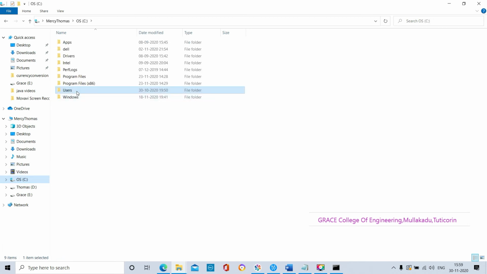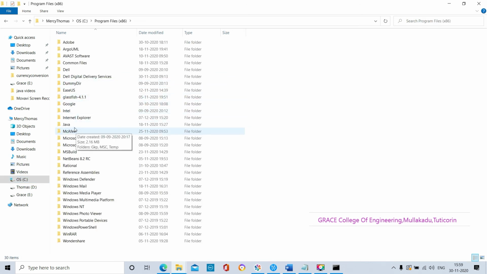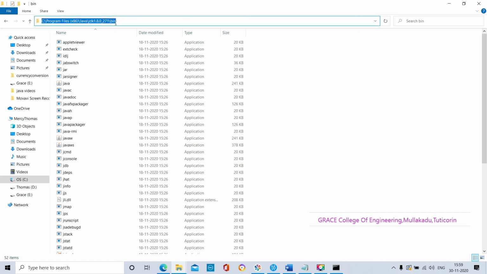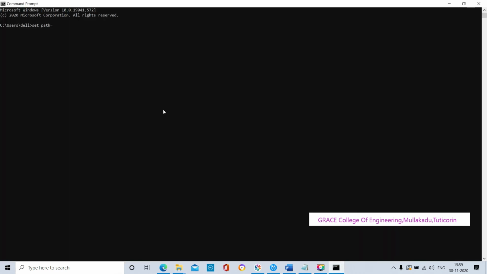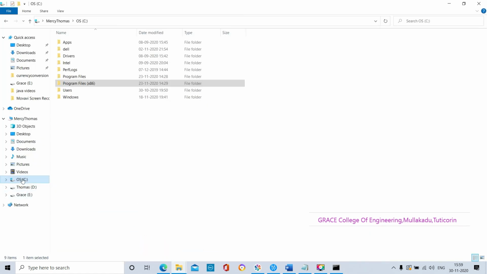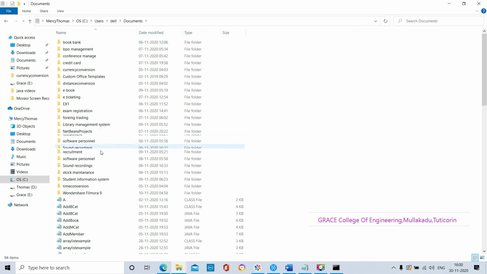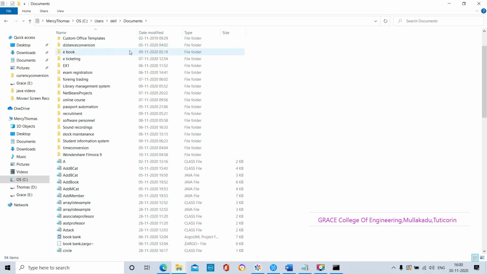Here you have to set the path of the Java software where it is located in this laptop. Our Java software is installed in the C directory, in the Program Files x86 folder. Here Java folder, here JDK folder, here bin. Till bin you have to select. By pressing Ctrl+C on the keyboard, I am copying this path, and by pressing Ctrl+V, I am pasting it here. Again we have to move to our application program path. In this PC, our application programs are present inside the C directory. Here the folder name is Users, again Dell folder, again Documents folder. In this folder we have the multi-thread program. So I have to go to this path.